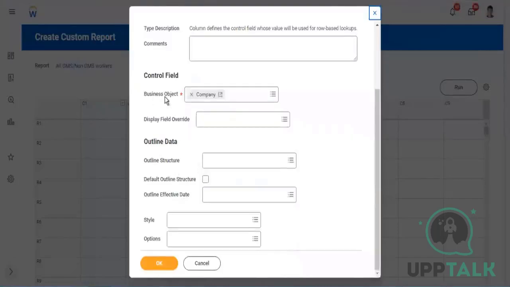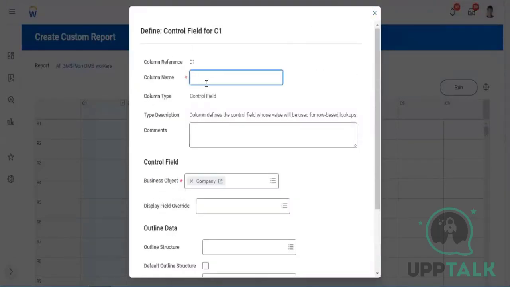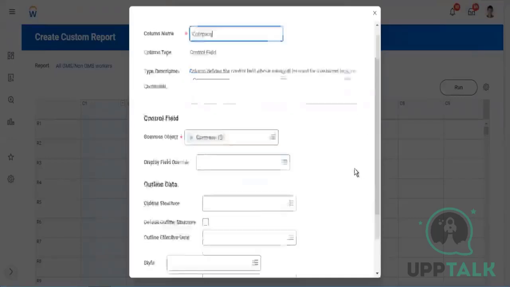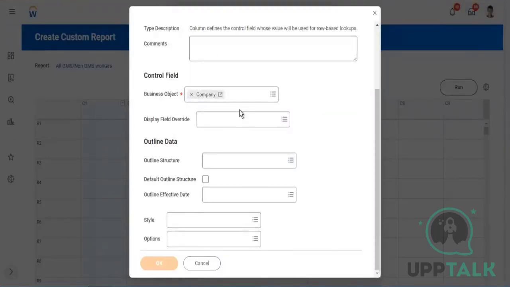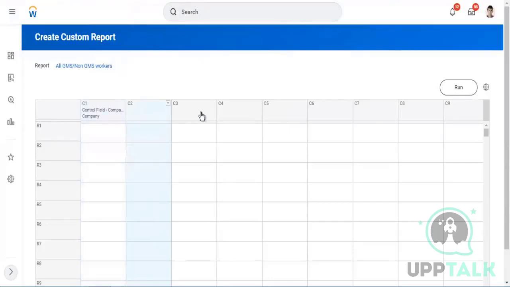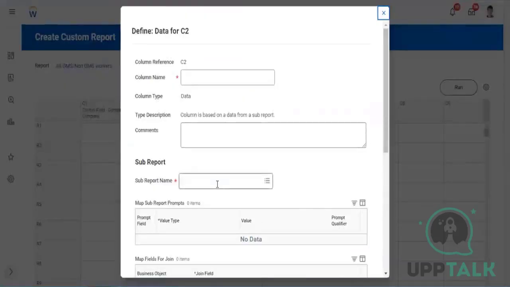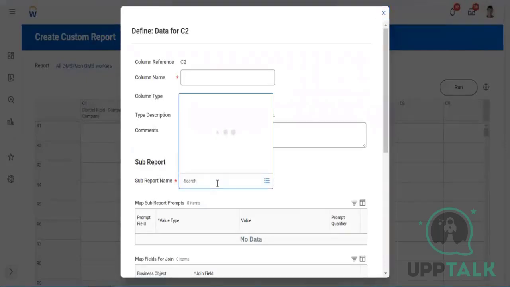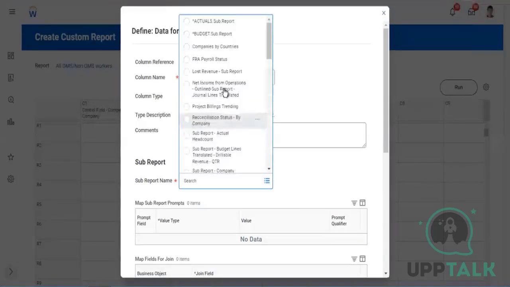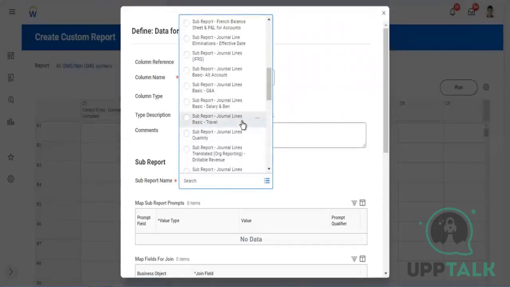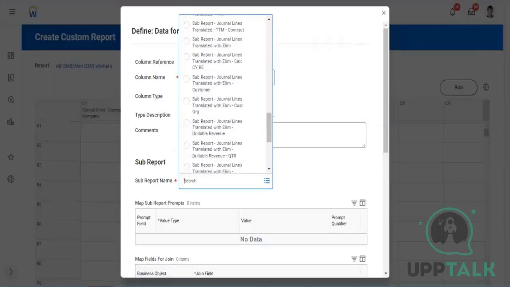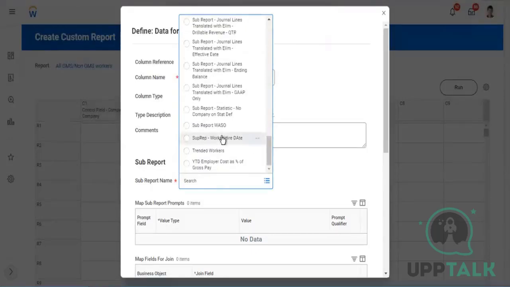So company is my only business object available. So I'm calling it company and okay. I am now defining my data field. Now it will get me all the matrix reports which are built on company. There are quite a few matrix reports built on company, and that's why it is giving me all those options. What is R1? Worker hire date. This is the one we have created,